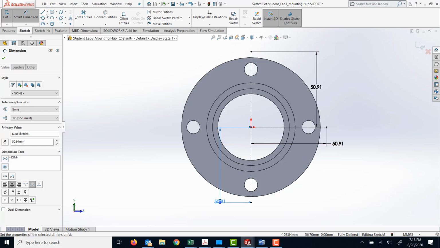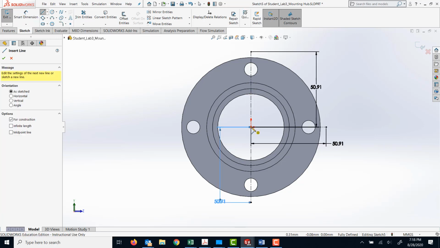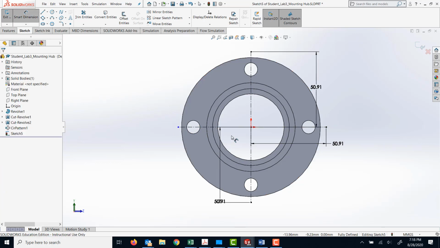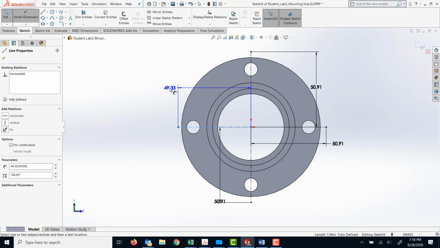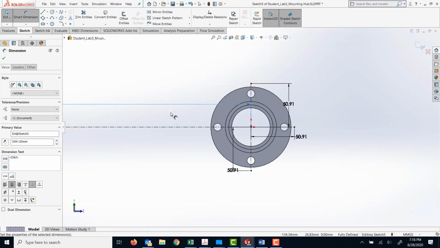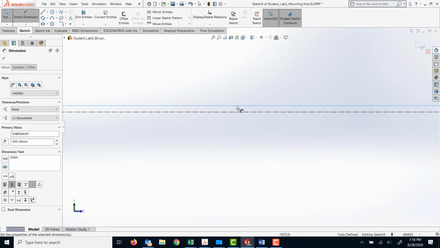And I'm simply gonna add another center line from the origin, horizontal there. I'm gonna add the smart dimension, 50.91. Oops. That went completely out of the